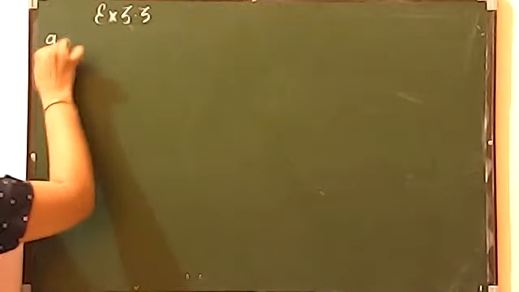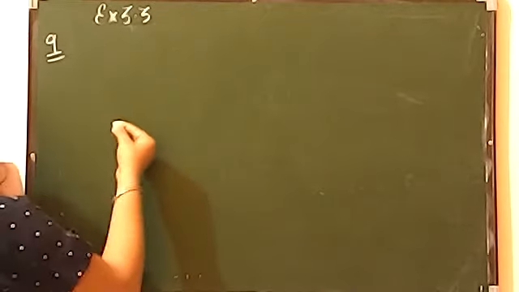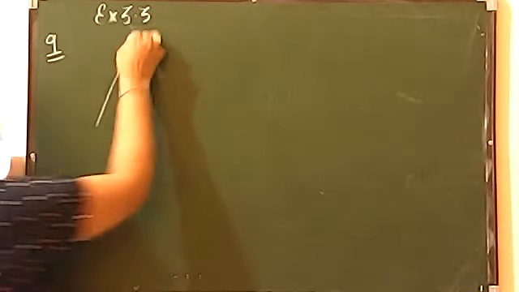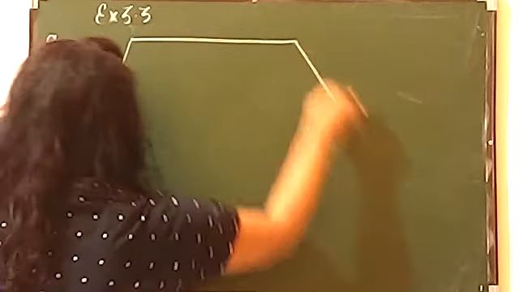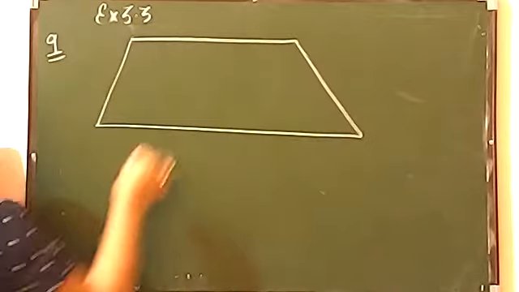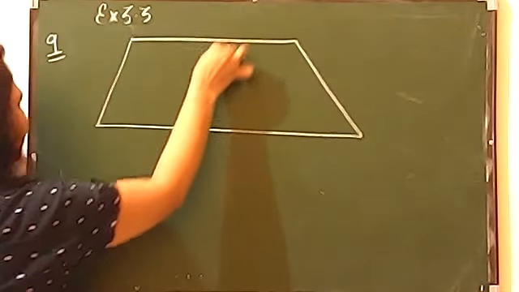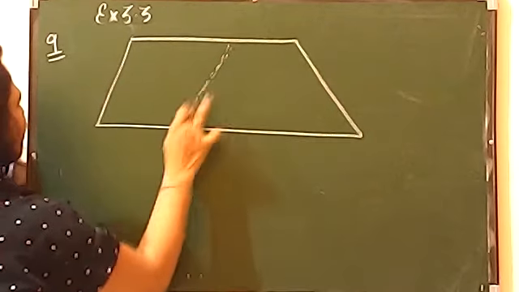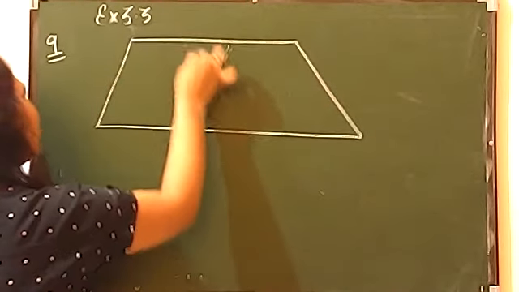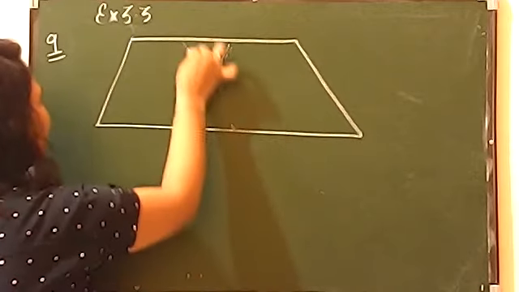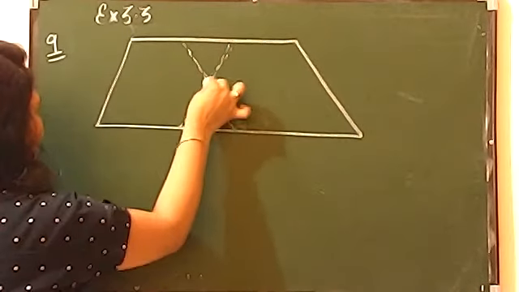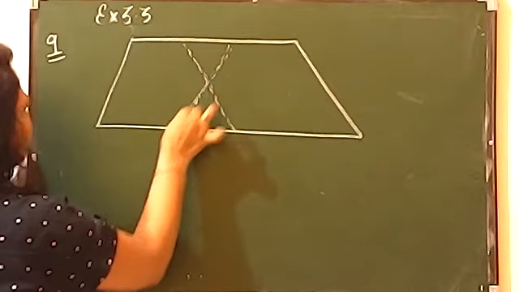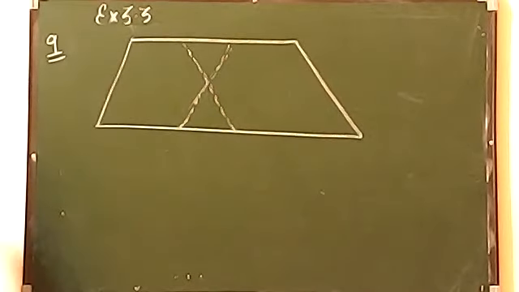So now students, we are on question number 9. In question number 9, the figure is given again of parallelogram. This is a little complicated question. Please pay attention over here. This figure is little complex. So if you will see, this is a parallelogram. And this is also making a parallelogram. It means there are two parallelograms joined together. Okay? If you will see this figure properly, there are two parallelograms joined together.